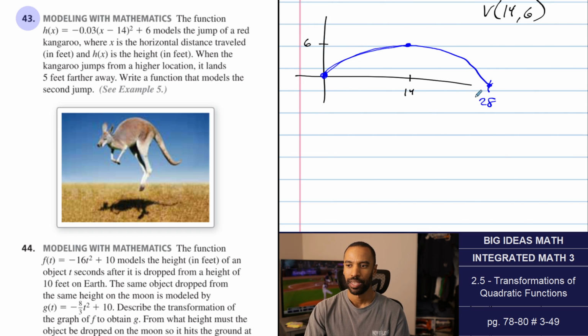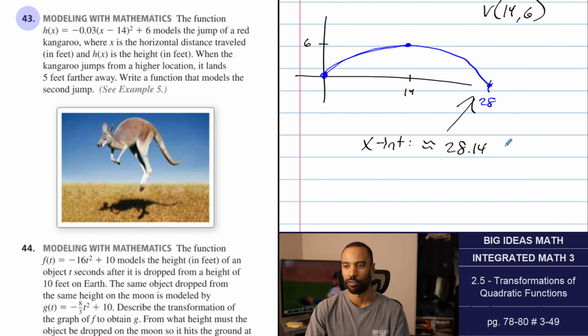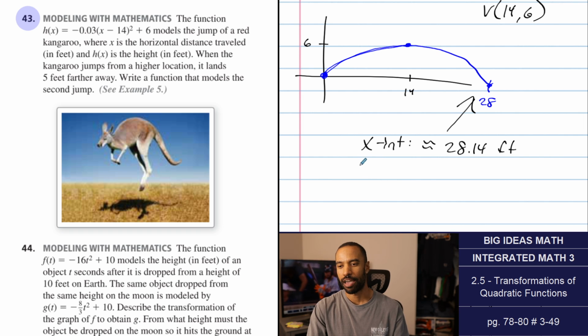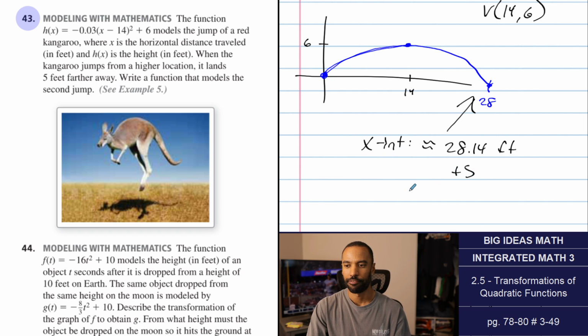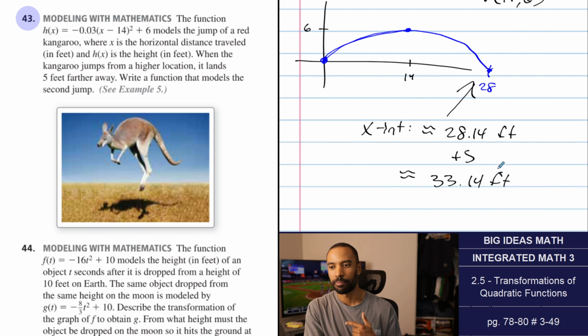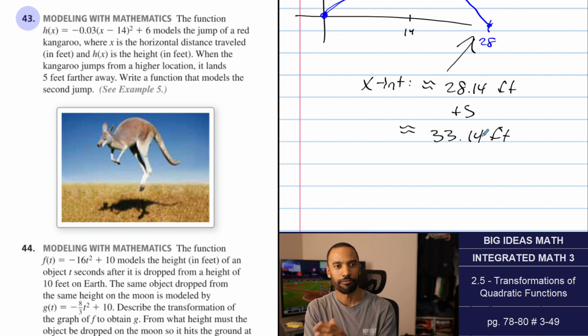I'll just write that. The x-intercept is around 28, but it's 28.14, I'll just say 14 feet. Now we need to go 5 feet farther out, right? So this number plus 5, that'll be about 33.14 feet, okay? We need to do something to our graph so it goes 5 feet farther out. Now, for us to make it go 5 feet farther out, we need to,